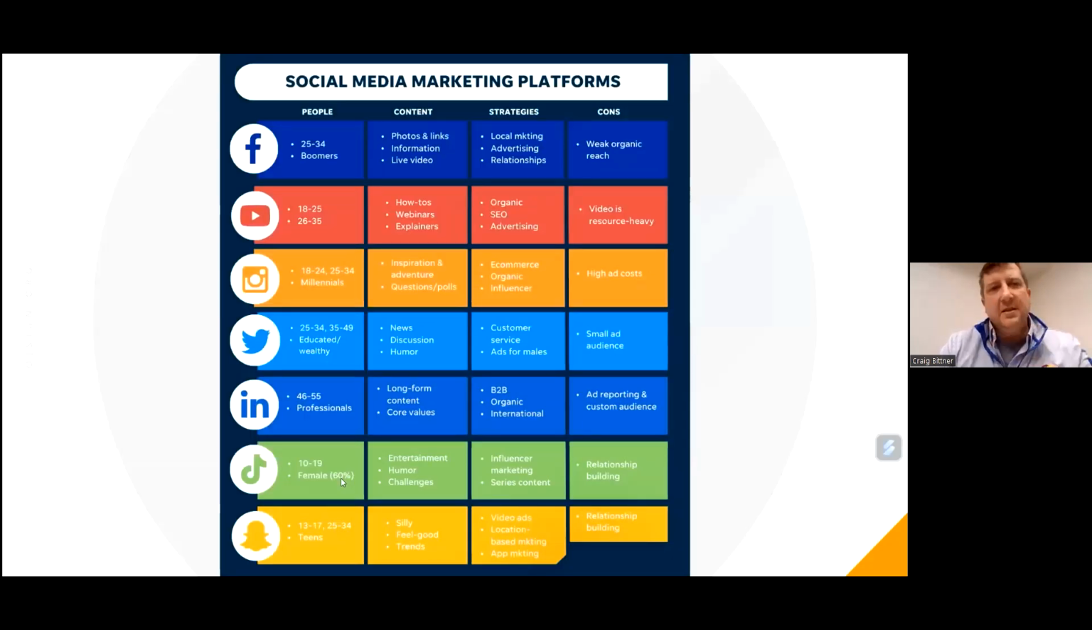And so this is a good guide that we use typically for social media marketing platforms. If you're looking at Facebook, YouTube, Instagram, Twitter, LinkedIn, TikTok, and Snapchat, those are the ones we have listed here. Of course, there are a lot more, but to start looking into your audience, does your audience measure up to